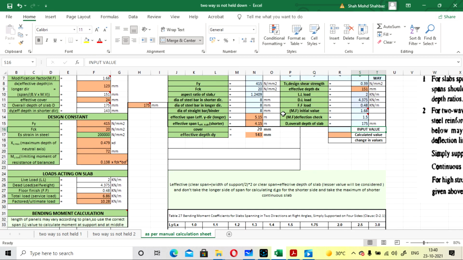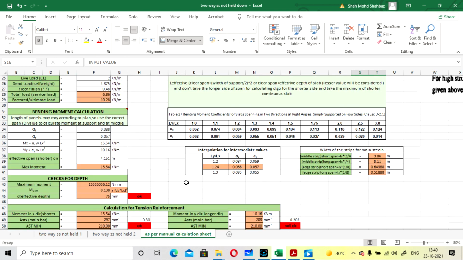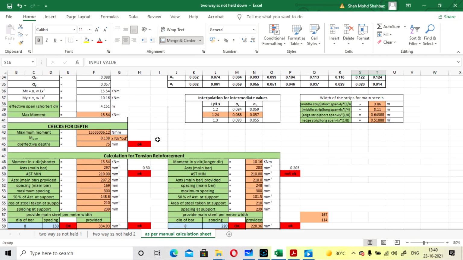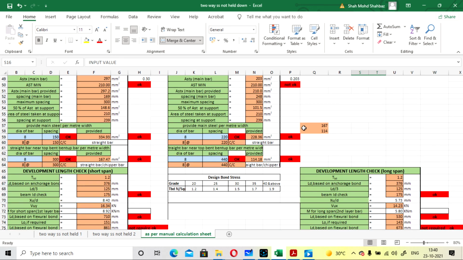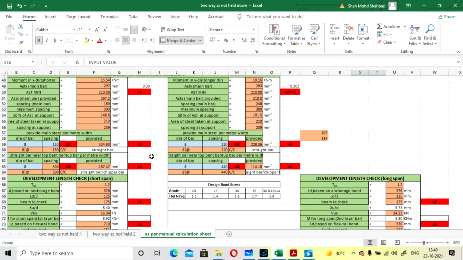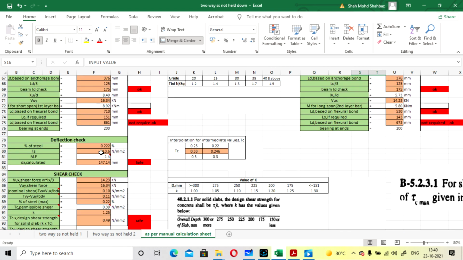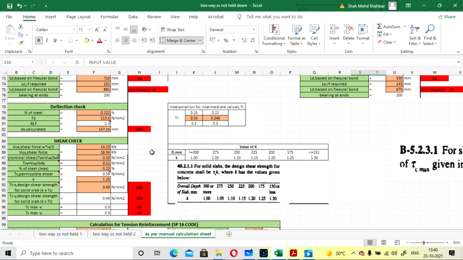Now according to that your moment will be calculated. So you don't have to worry about anything here. Every steel will be calculated for both sides, and now you can go for the check for deflection. Now it is showing safe, so your slab will be safe in deflection also. You can easily do that, you don't have to worry.